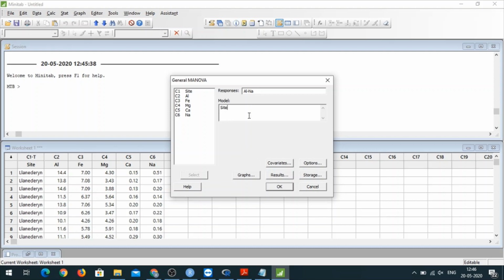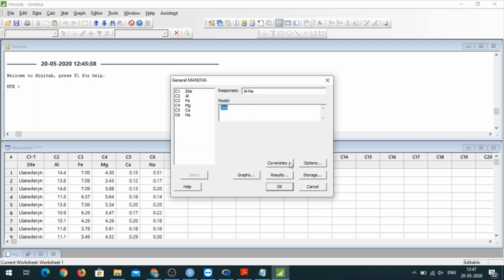Remember, even though this box is bigger than this, you have to enter more columns here. In this particular data, it doesn't create problems because site is a text column. But instead, if I add just 1 1 1 1 2 2 2 2, then people do end up giving reverse way. So please make sure that all the responses, even though it is multiple columns, you have to enter them here. And model, even though it is single column, because we are doing only one-way MANOVA. In our syllabus, we don't go for 2-way or 3-way MANOVA. So model will always be a single column.